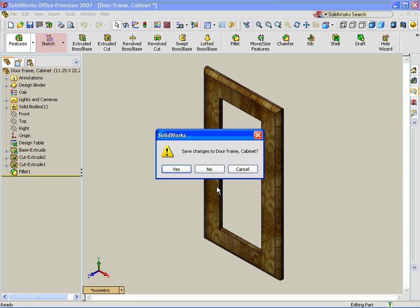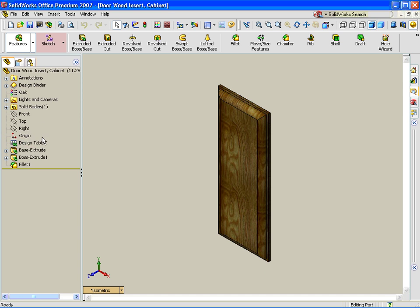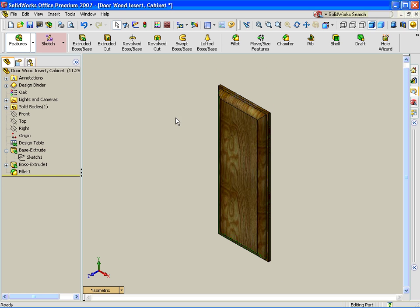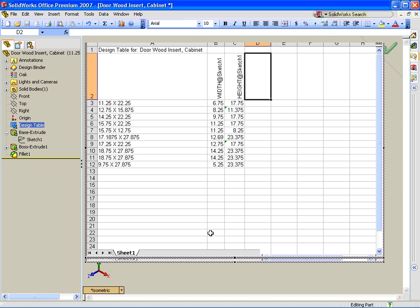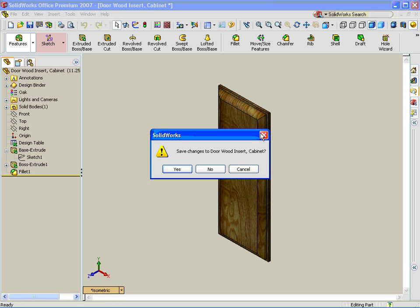And as I click over to the insert, I've got the same thing going on. Okay, here's my height and my width dimension. And as I take a look at the table, you can see that I have the width and the height. For this door, it requires that insert size. Then finally at the assembly,